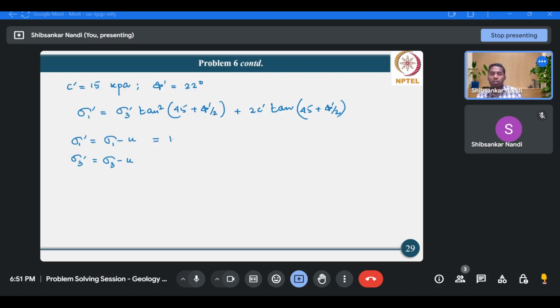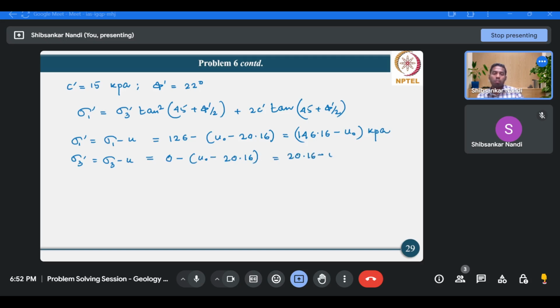So 126 minus U0 minus 20.16, so 126 plus 20.16, that is 146.16 minus U0. Now if we substitute these values in this equation,